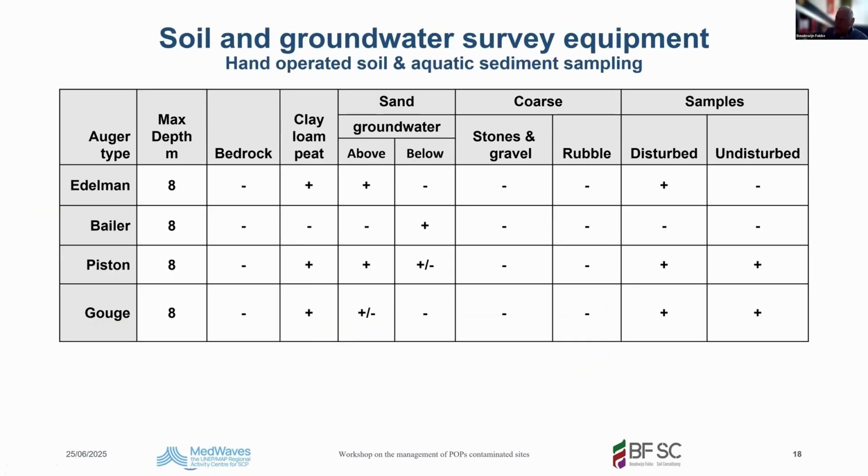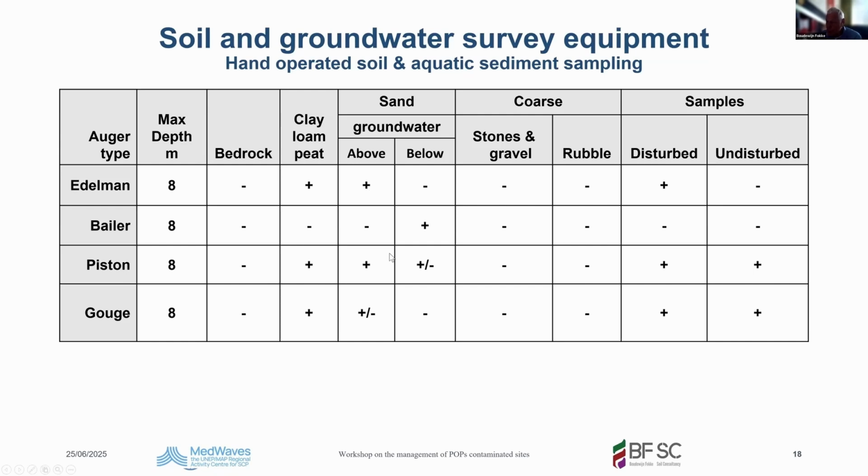Now this table is also given in the module, and here you see the auger types to be used at different depths, and these are hand operated. So bedrock you cannot do hand operated. In clay, Edelman can be used until a maximum of 8 meters. You have to be strong. Piston can be used in clay, and gorge auger can be used in clay. Sand, Edelman, you saw the Edelman with the rings very close to each other. Below the groundwater you can use a baler. Piston,